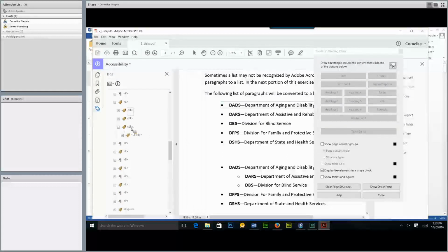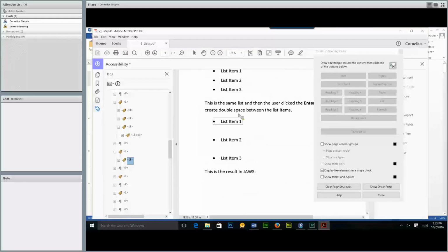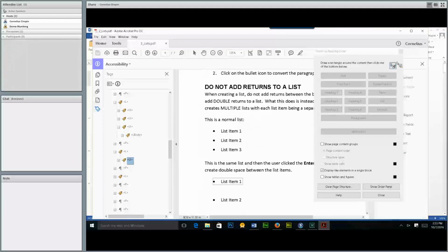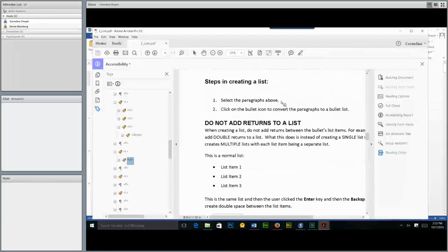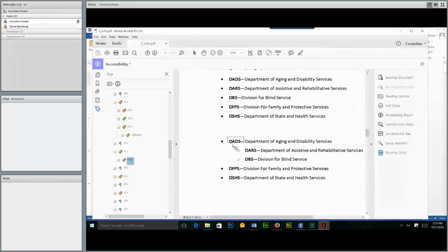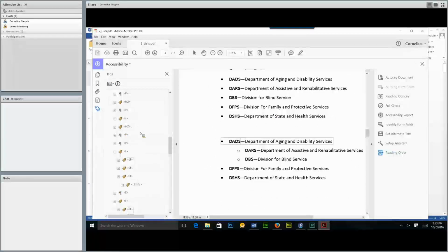If I click on this list, which is that, no, you want to keep them as the, because that's what JAWS is looking for, those particular proper tag names, right? Now again, I'm going to do one of my famous numbers. I'm going to select, and then do Find Tag from Selection, so I can go to it readily. So now in this LI,